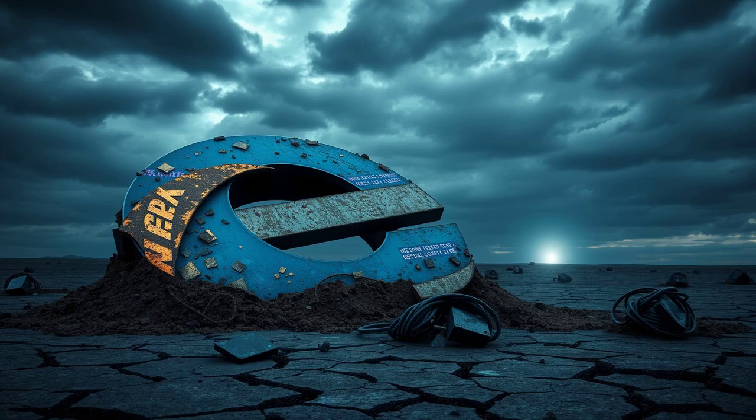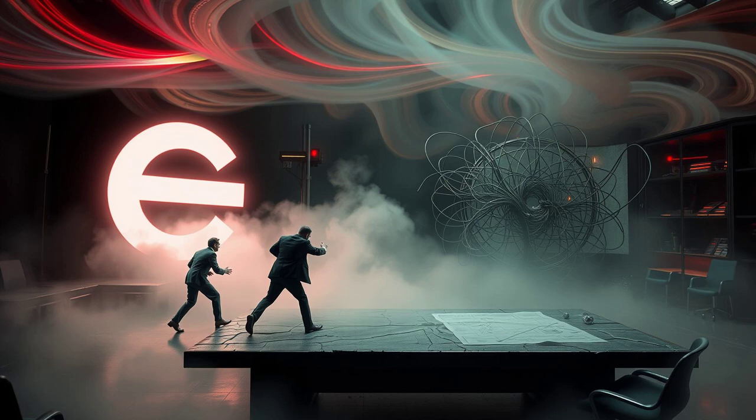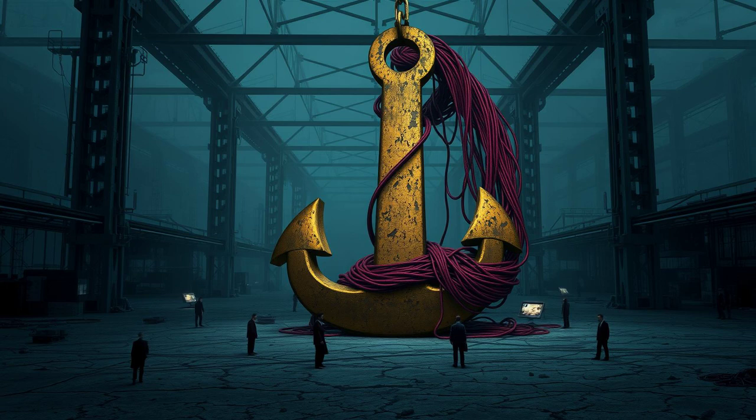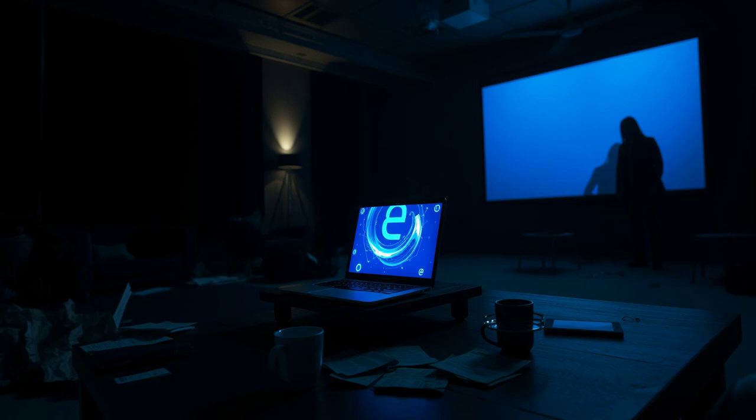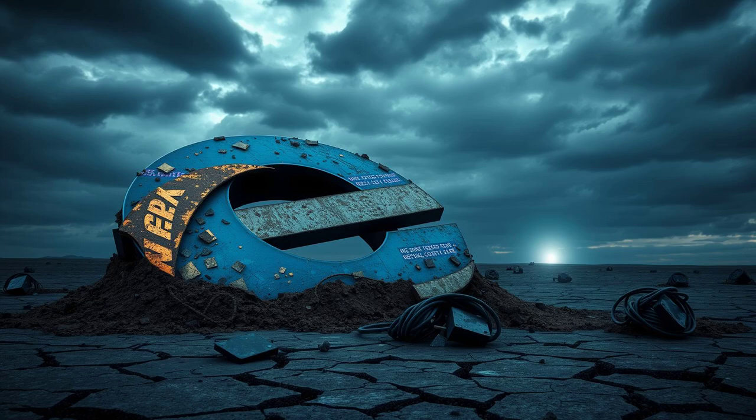Its long-term legacy isn't just about a browser. It's a lesson in adaptability, the perils of complacency, and the cyclical nature of technological evolution. The Blue E may be gone from your desktop, but its echoes resonate, a reminder that the platforms we rely on today are built on the victories and failures of the past. And maybe, just maybe, the soul of a brand is never in its product, but in the people, stories, and stumbles that shape it.